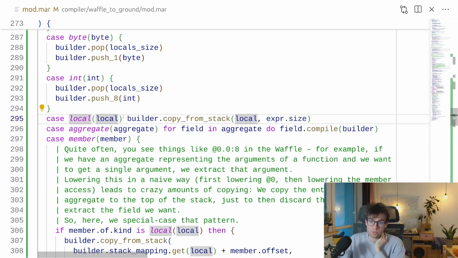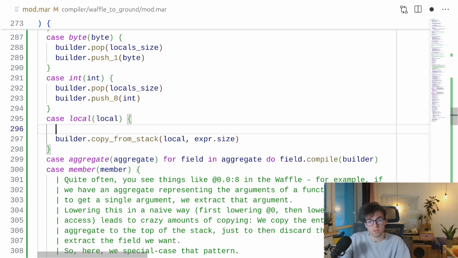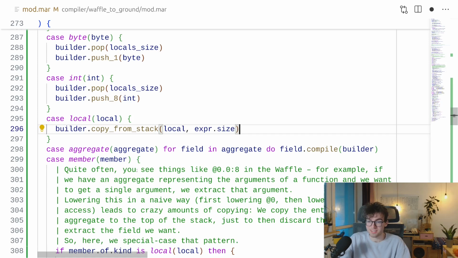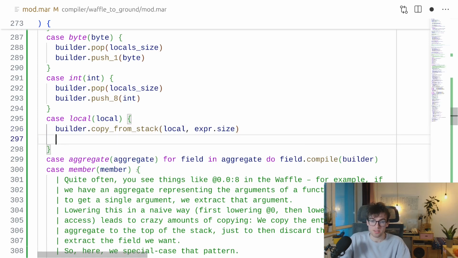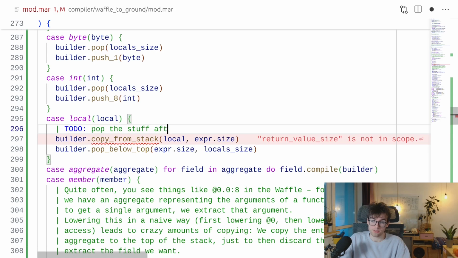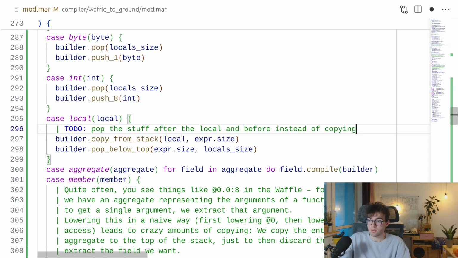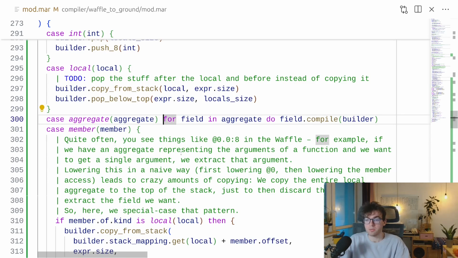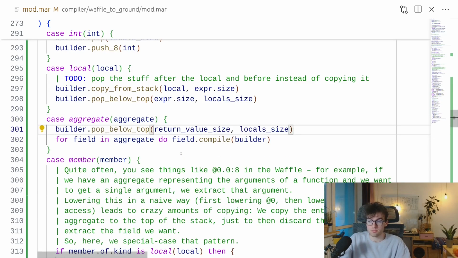All right, then in here we have a local expression. Yeah, here we can't pop the locals before that. So we need that, and then afterwards popping that. Although, we can kind of pop the stuff after the local and before. Yeah, we can make that better, but